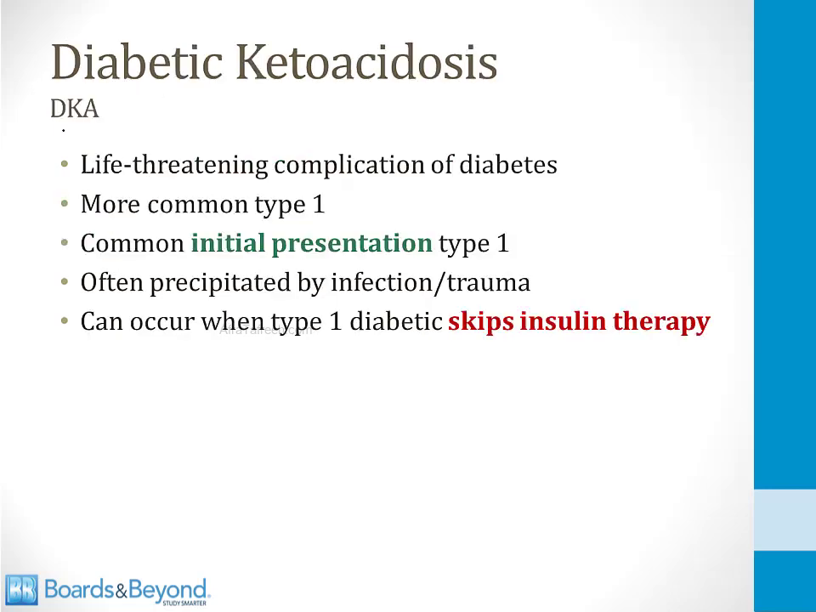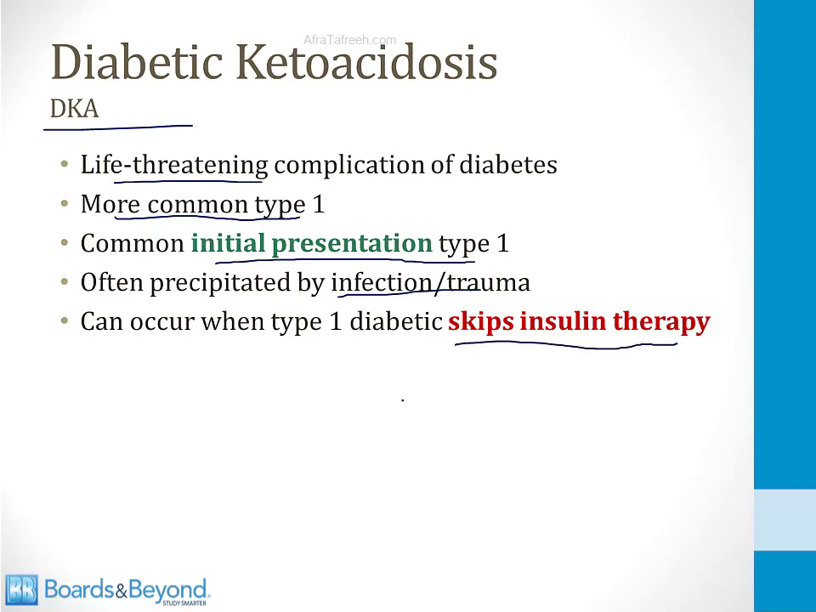Diabetic ketoacidosis, or DKA, is a life-threatening complication of diabetes, and it is much more common in type 1. We'll talk about why in a minute. It is a common initial presentation of type 1. The blood sugar can get so high that the patient develops diabetic ketoacidosis and presents with symptoms of DKA. It's often precipitated by infection or trauma. We'll talk about why this is the case, and it can also occur when a type 1 diabetic skips their